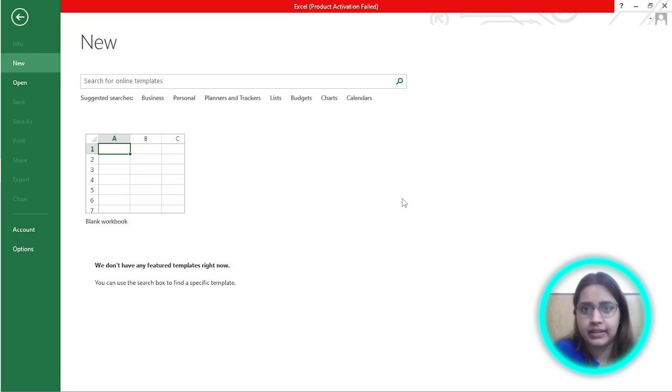Why do we use Excel? In real life, wherever we make tables, that work can be done easily on Excel. It can be used for your personal use, in business, for planning, tracking, making lists, making budgets, charts, calendars. For all these we can use